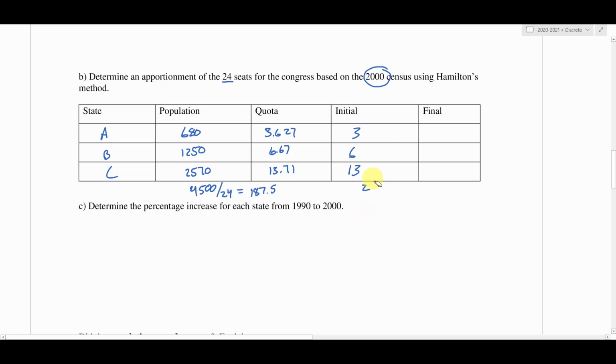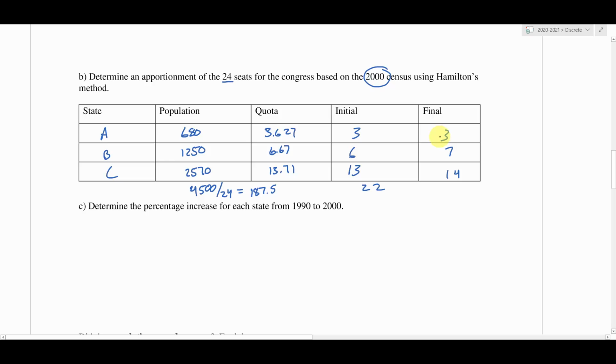And when I add those up, I do get 22, sorry. Can't do math. And then we're going to go ahead, and it looks like we got to give away 2 bonus representatives, so that's going to go to C and B. Yep. So we go 14, 7, and 3. Okay. All right, so it looks like State A lost